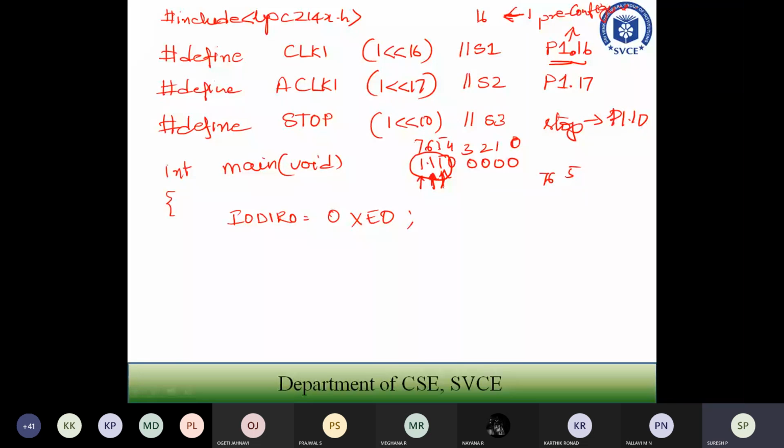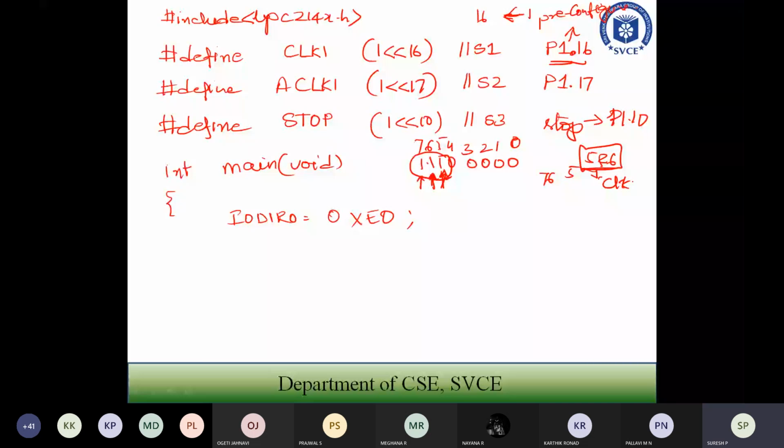But your 7th bit is the enable pin, so this should always be high. That's why we are setting bits 5, 6, 7, all three to 1 by initializing your direction flag to 0xE0.